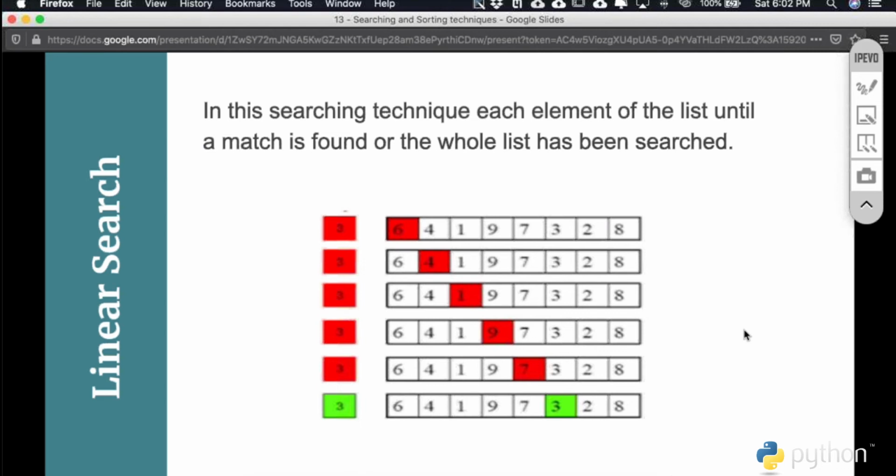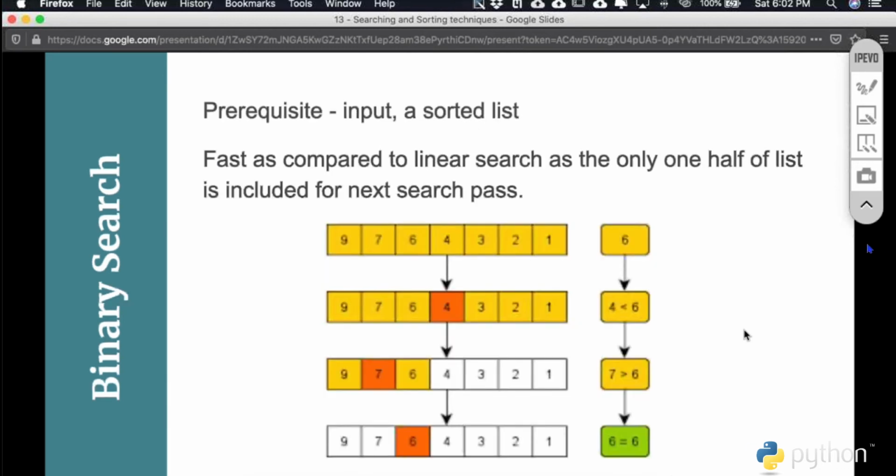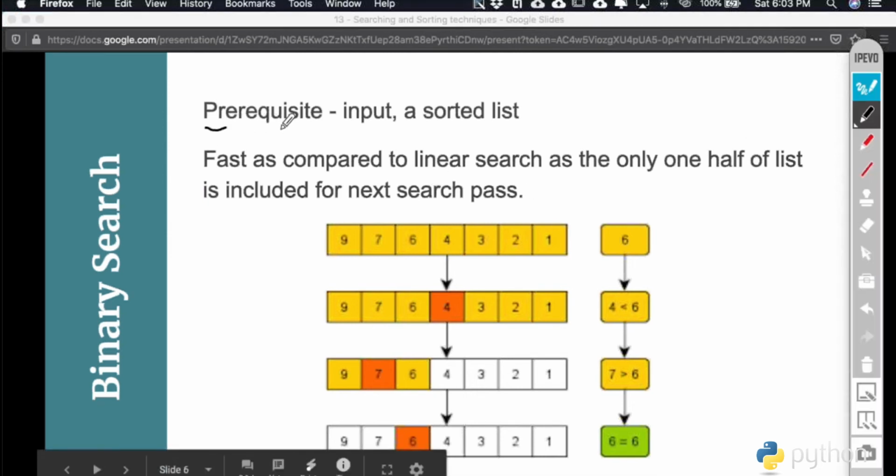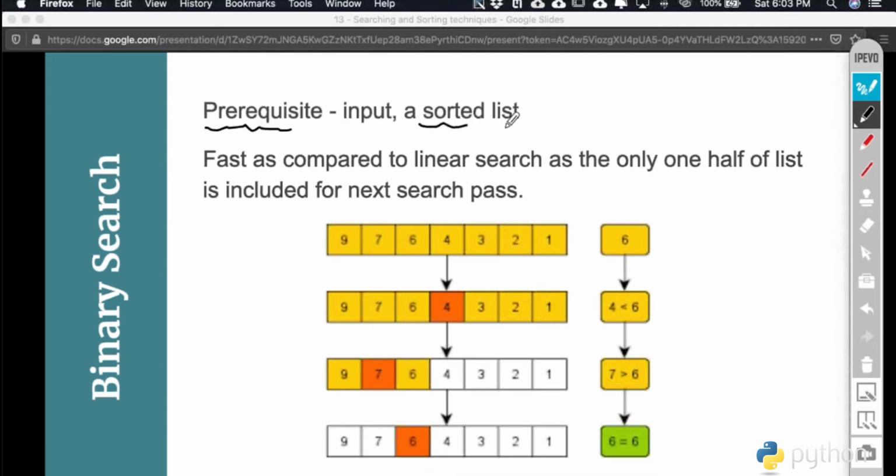So you don't find any pattern, like whether these elements are arranged in ascending order or in descending order. Generally, we call that a sorted order. But what can we get if we sort those items? Let's suppose instead of arranging those items in some random way, I arrange them in a sorted way. What I can achieve with this technique is the essence of binary search. First we need to look at the prerequisite. As you can see, the prerequisite of binary search is that the input should be a sorted list.